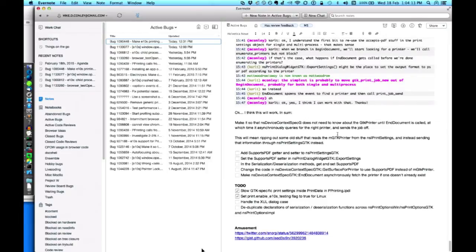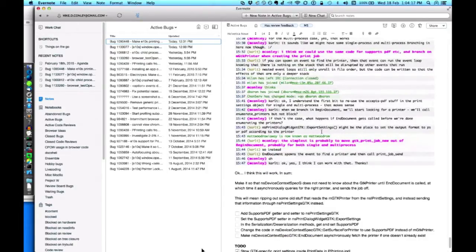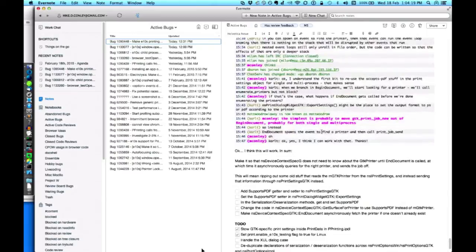And what I was doing before was I was using this function called GTK enumerate printers, and it was spinning its own event loop. So here we're back with the nested event loop stuff we were doing last week, but because requesting printers might require network access, GTK will block. You have a choice when you call GTK enumerate printers.